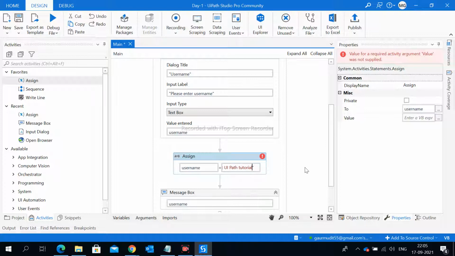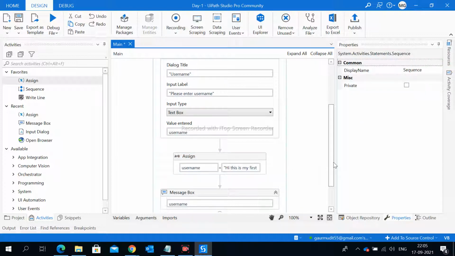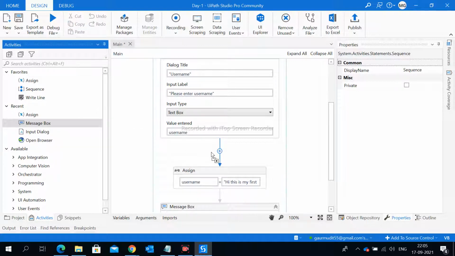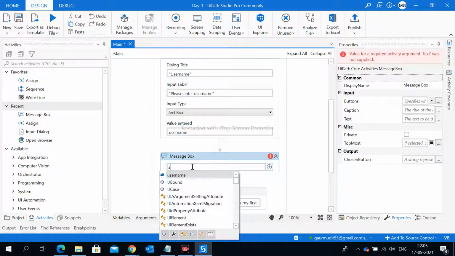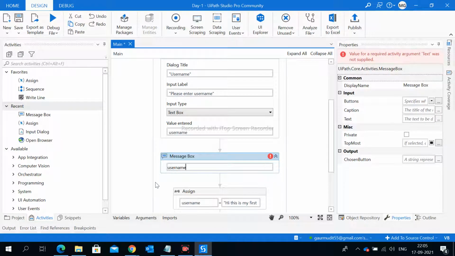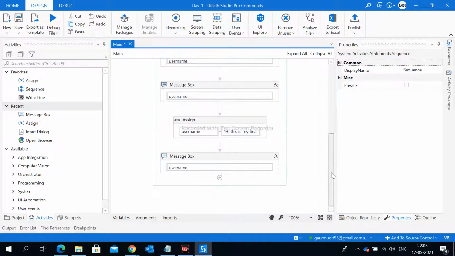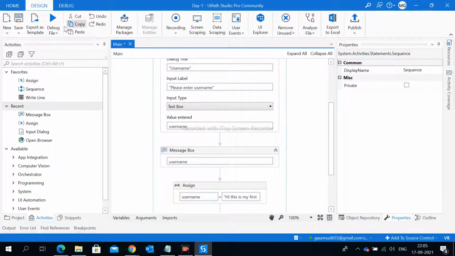Okay, so I just noticed one thing. Before it, I'm using a message box. In the message box, I'm showing username. Okay, let me run this.